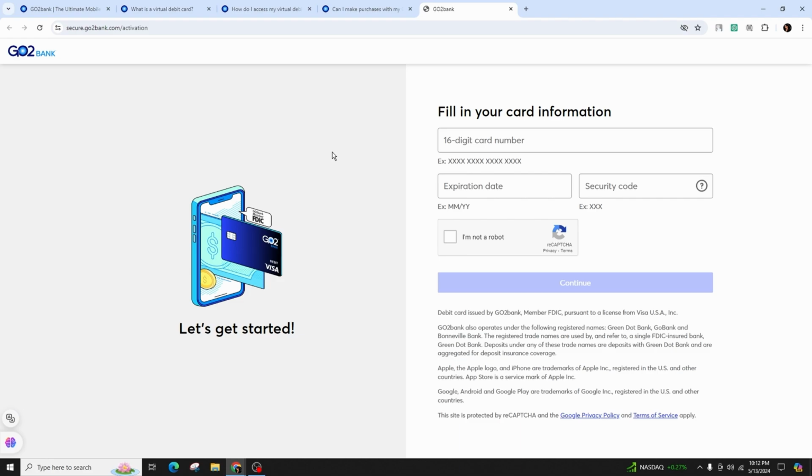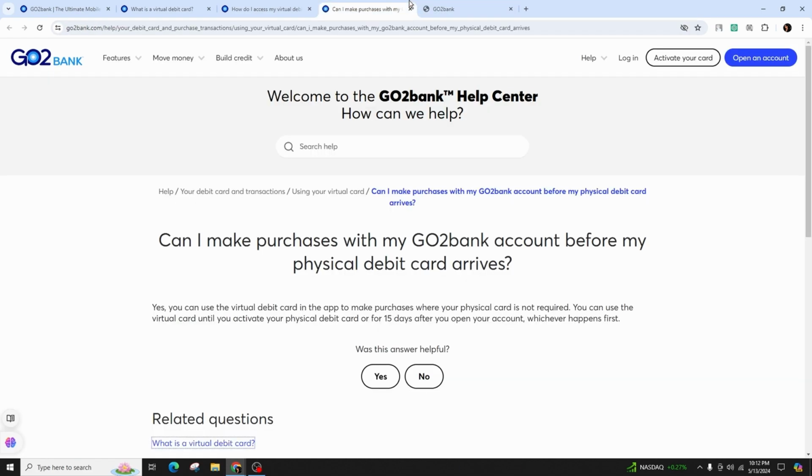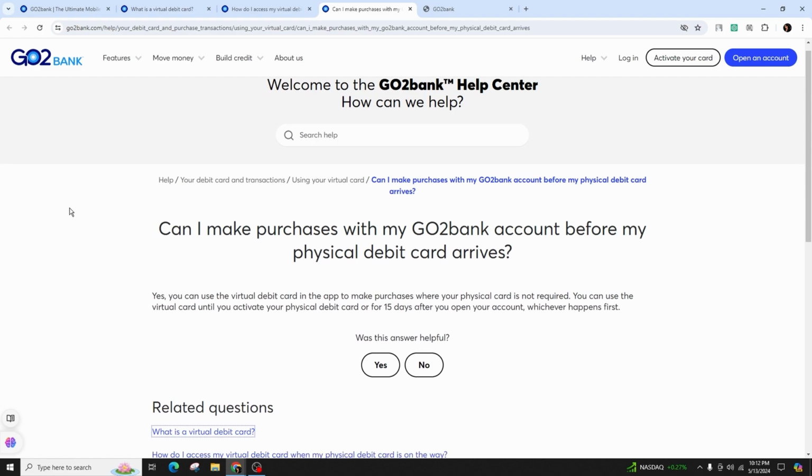In case you have set up any recurring payments using your virtual card, you will need to make sure that you update them with information from your personalized debit card, as the expiry date and the CVV code on the virtual card differ from those on your customized debit card. So it is really important to remember that certain account features may not be accessible until you have activated your